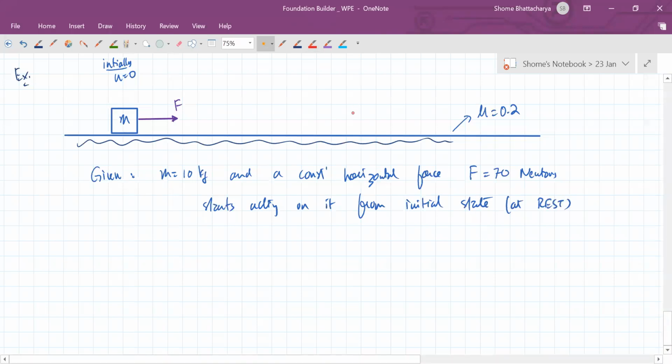So after some time, let's say it reaches somewhere here, the block, after covering a distance